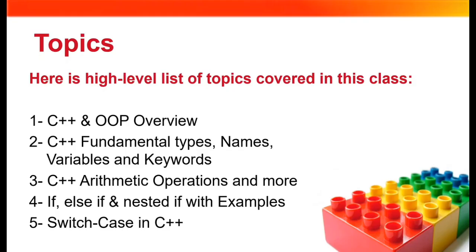What topics are we going to be covering? This is a high-level list of those main topics, and they're going to be C++ and object-oriented programming. Obviously C++ is a programming language, and object-oriented programming is a way to structure programs. We're going to look at fundamental types. So how do we store data within the program? What are the different data types? And how can we interact with them? And names, and also keywords and variables. So like an actual regular language, right?